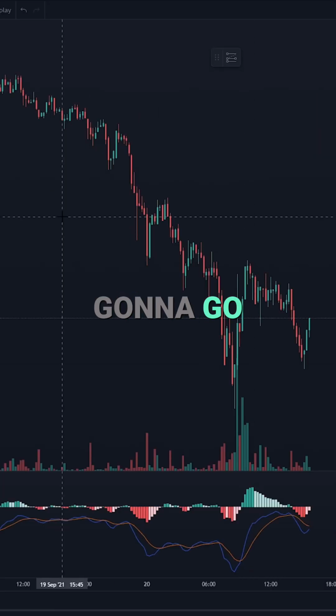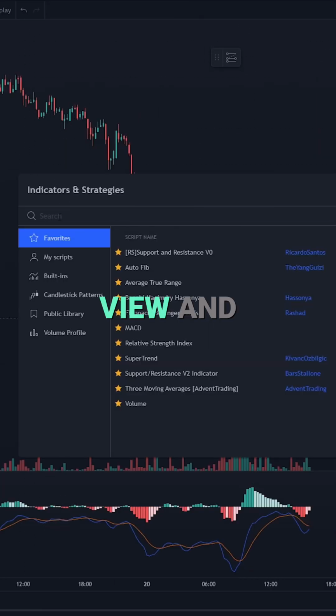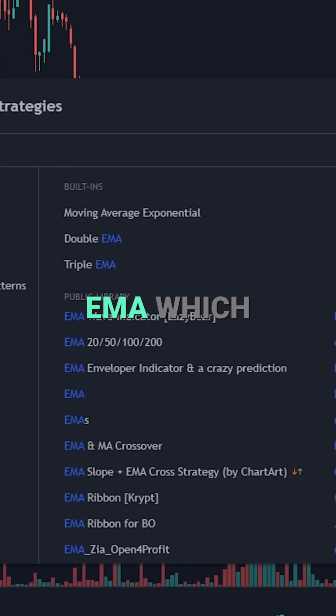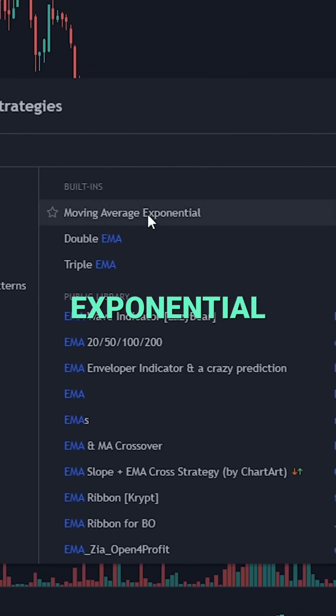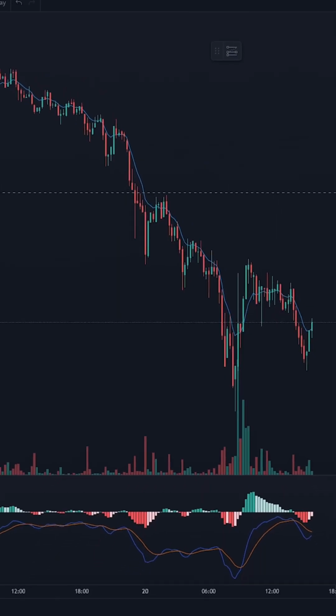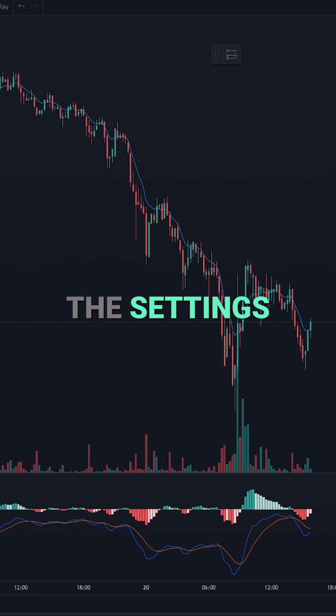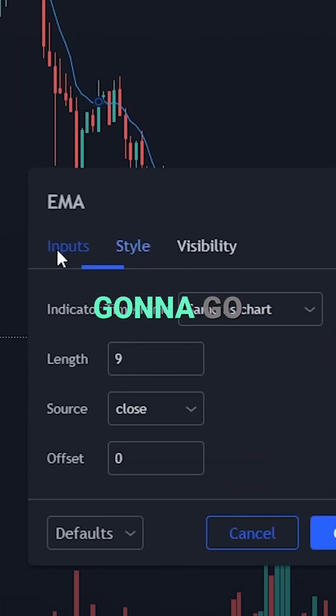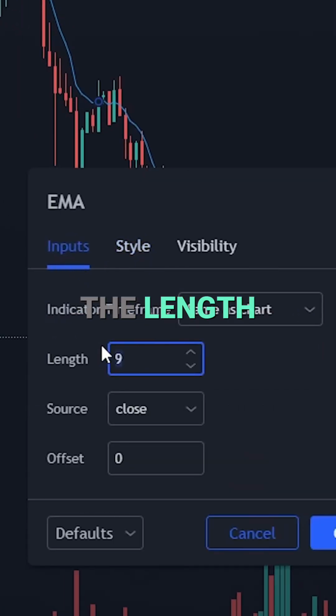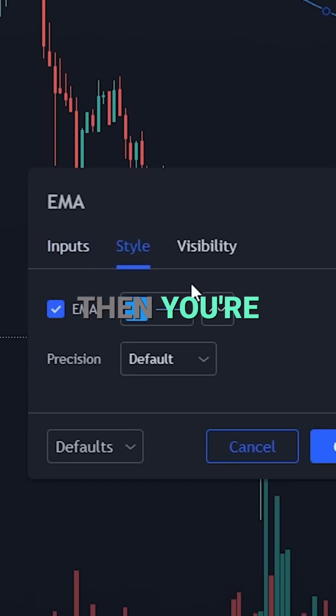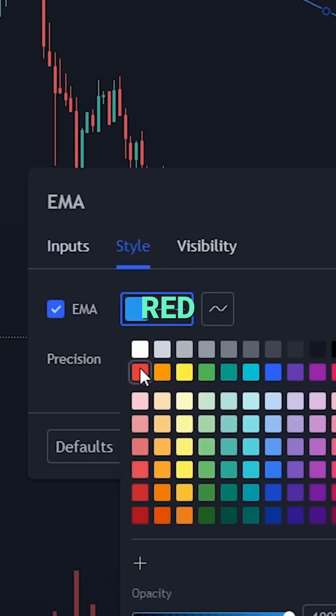To do this, you're going to go to the Indicators tab on TradingView and type in EMA, which stands for Exponential Moving Average or Moving Average Exponential. Click the top one. Then click the settings of the EMA, go to Inputs, and change the length to 200, which is going to make it a 200 exponential moving average. Then go to Style, and I like to make mine red, but you can make it whatever